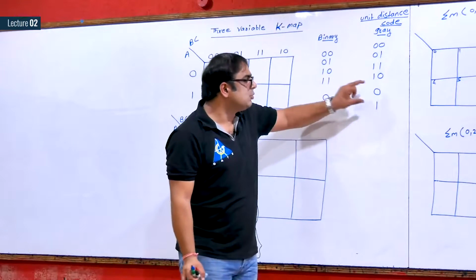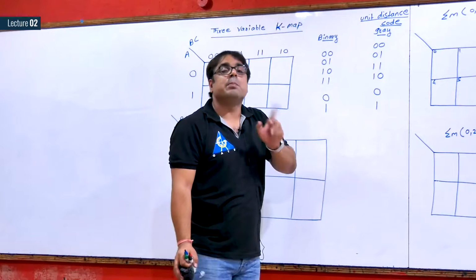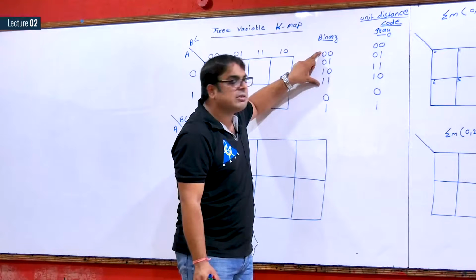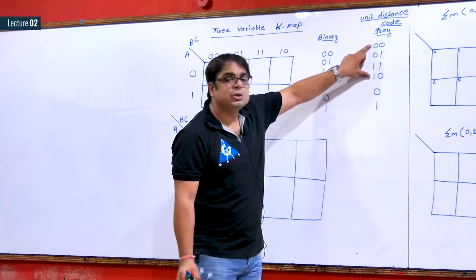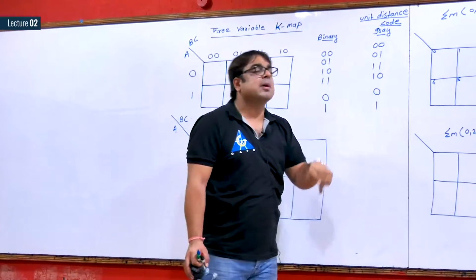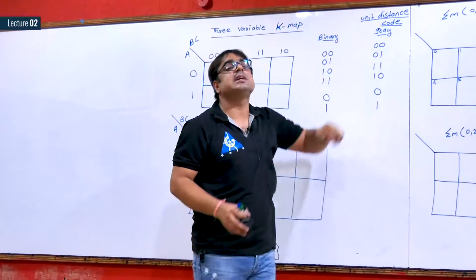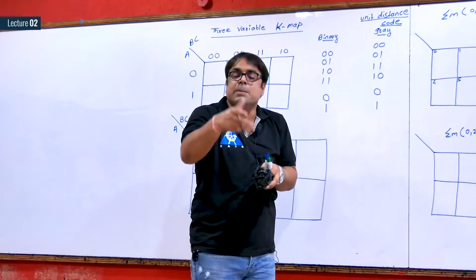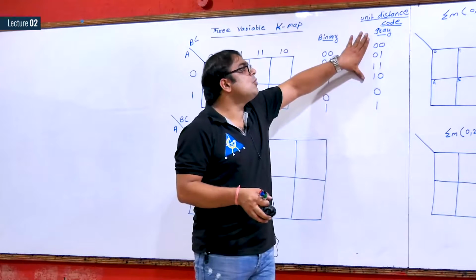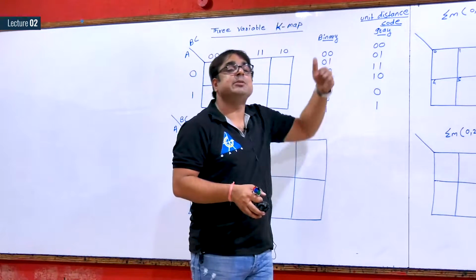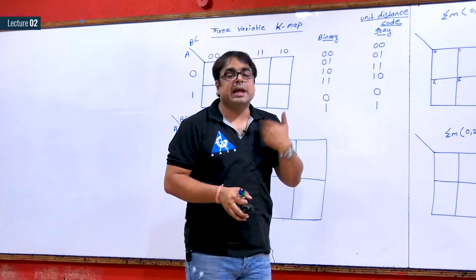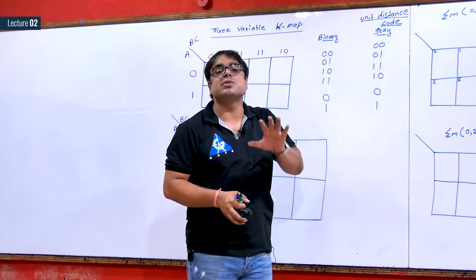In 1 bit there is no difference between gray code and binary code, but in 2 bit there is a difference. In 2 bit, binary is 0 0, 0 1, 1 0, 1 1. In gray code, 2 bit is 0 0, 0 1, 1 1 and 1 0. We use gray code in K-map because gray code is a unit distance code which supports minimization. So we use gray code in K-map whether it be 2 variable, 3 variable, 4 variable or 5 variable. In any number of variables, we use gray code only.